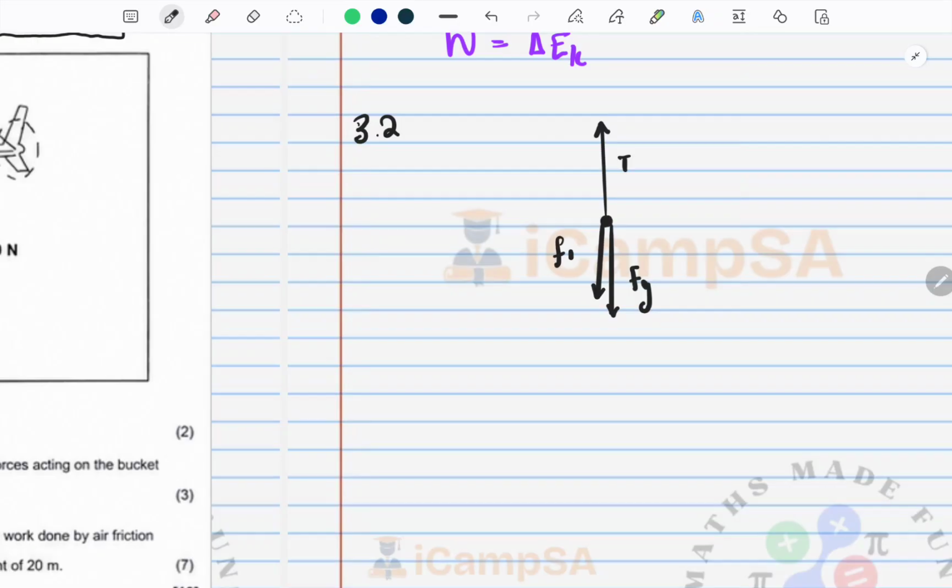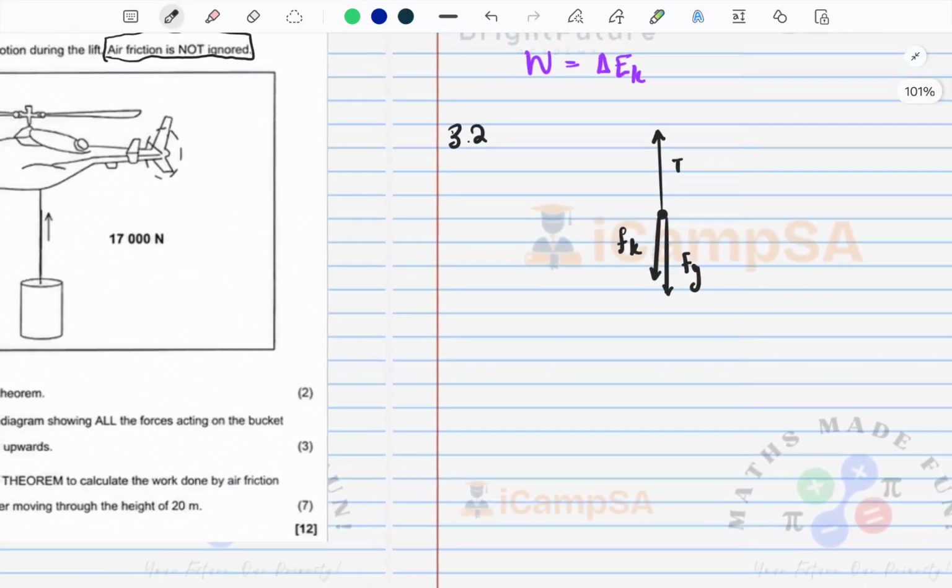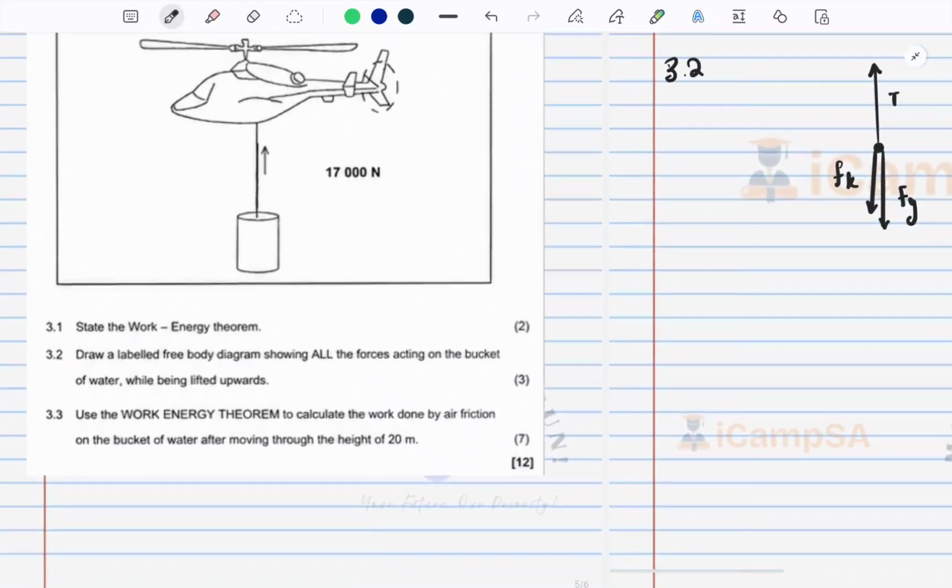Okay, this is going to be air friction. It's up to you how you call it. I'm just going to put it as FK, but this is air friction. Okay, right. So then the next question here, they're saying use the work-energy theorem to calculate the work done by